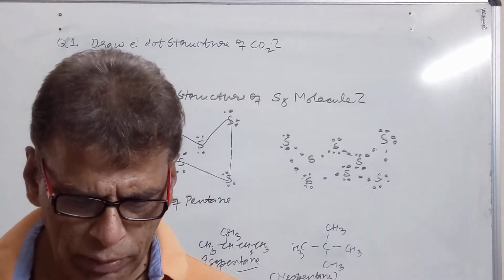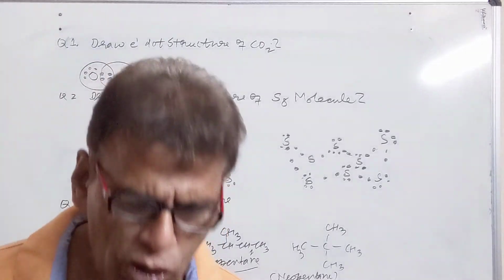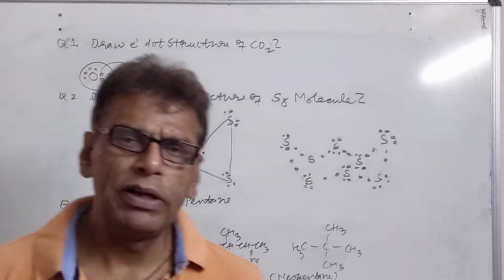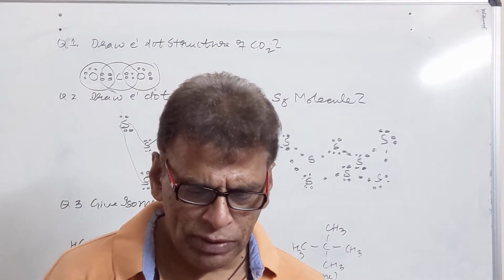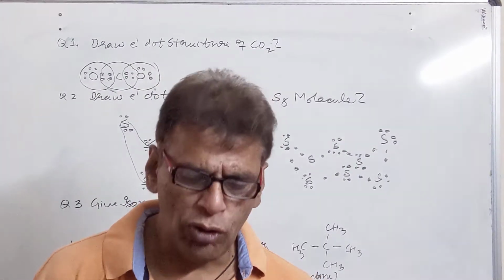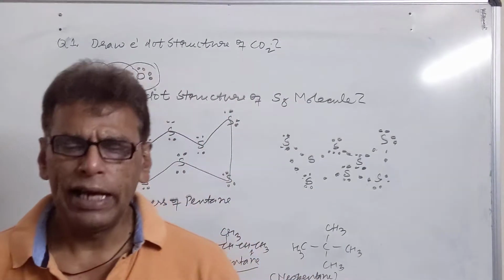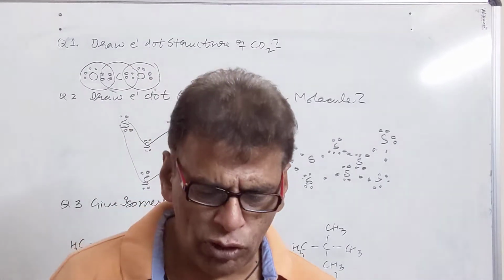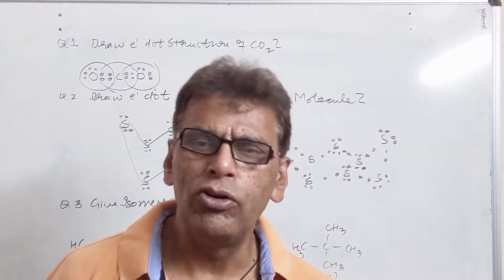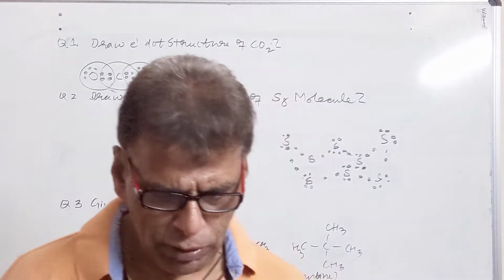What are the 2 properties of carbon which led to the huge number of compounds formed by it? First property: carbon has the wonderful property of catenation, due to which it has the ability to form straight chain, branched chain and cyclic compounds. Secondly, it has tetracovalency. Each carbon can form 4 covalent bonds, due to which it can form single bonds as well as double bonds as well as triple bonds.